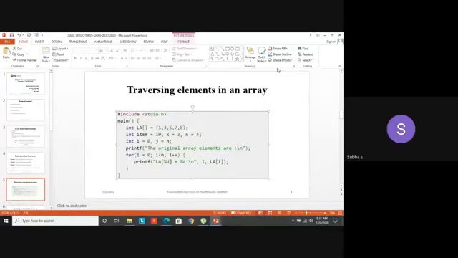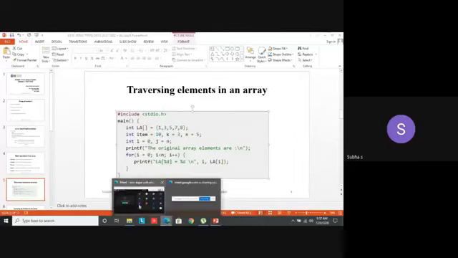Just printf. Why have I mentioned LA of %d? In your output it will be displayed as LA of 0 equal to 1, LA of 1 equal to 3, LA of 2 equal to 5, LA of 3 equal to 7, LA of 4 equal to 8. So that specific location also will be retrieved. For that you have to use this LA %d equal to %d. The %d is the position. I mentioned the position as i; you can give any variable name. And the array is A, LA of i. Yes, just printing all the elements.